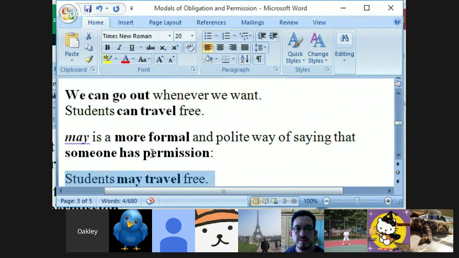Usually, for example, in written English, if there's some kind of guidebook or perhaps something like an employee handbook, any kind of written permission given formally, you would definitely see may. I mean, you most certainly would see may, but not can. It's definitely formal, not spoken, and used more in writing.